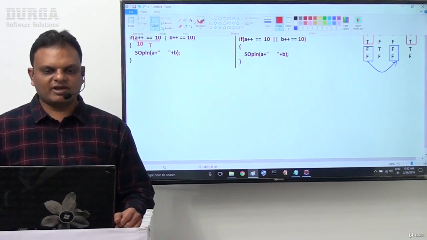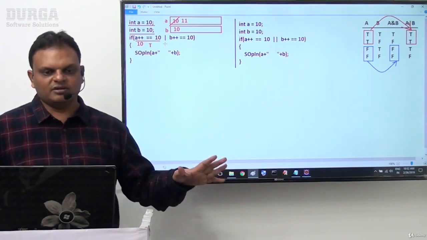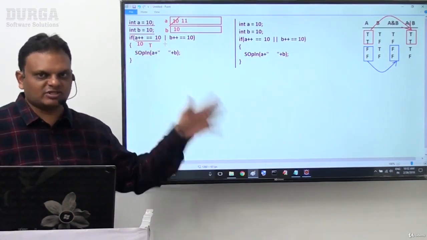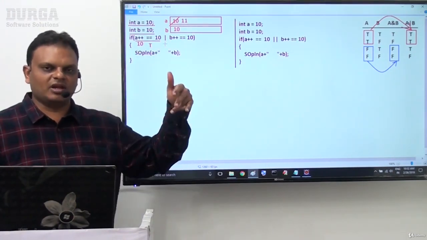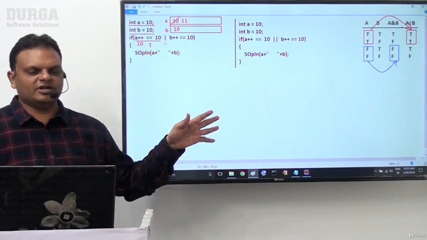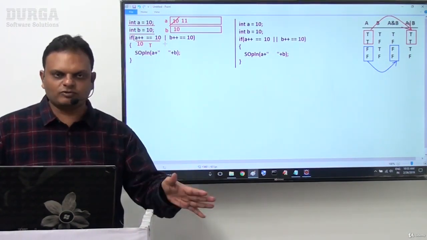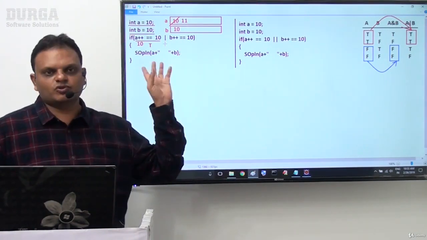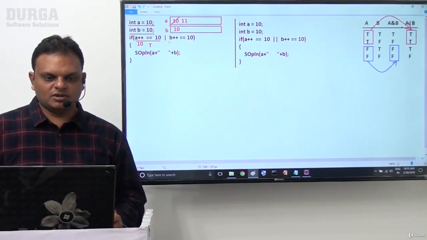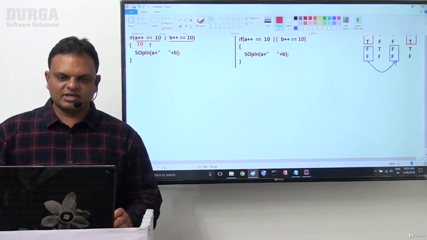But even though the shortcut is available like this, what happened there? In the case of the single operation, JVM will not be satisfied with the result of the first operand value. Even though the first operand result is sufficient to get the result of the overall expression, the JVM is not satisfied with that. The JVM must go for which one there? No, second operand evaluation also, in the case of the single OR operation. Good. Now the JVM will come for which one there? No, b++ == 10. In b++ == 10, again b++ is which one there?